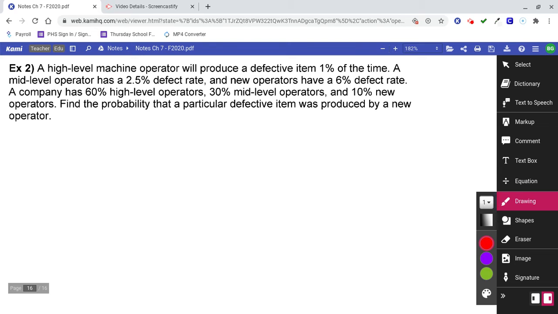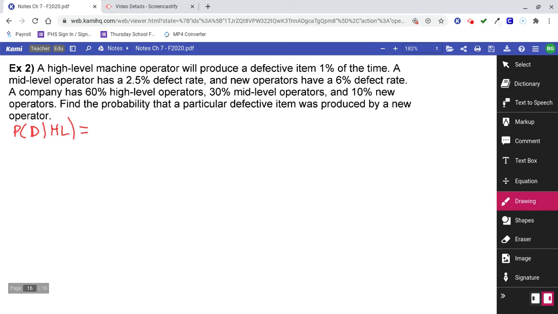Okay, this is a Bayes theorem problem, and maybe you don't recognize that yet. Maybe this is on a test or something, and you don't know it's a Bayes theorem problem yet. But take the story problem out of it, and let's just see. A high-level machine operator will produce a defective item 1% of the time. So which information do we have first? That it's defective or that it's a high level? High level is first. So I would write that down as the probability that it's defective given that it came from a high-level machine operator